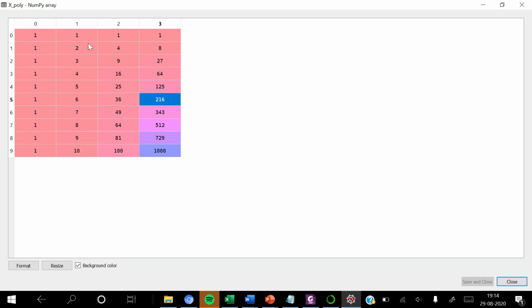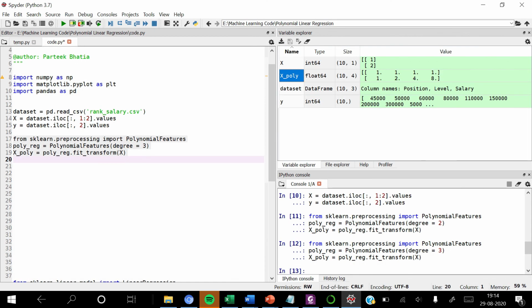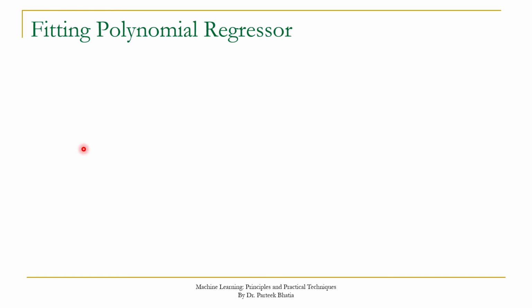So here we have data about X1, X1 square, and X1 cube. So in this way, by using the PolynomialFeatures class and by invoking its fit_transform method, we can transform our dataset up to any degree. After pre-processing our dataset, the next step will be to fit our polynomial linear regression model.